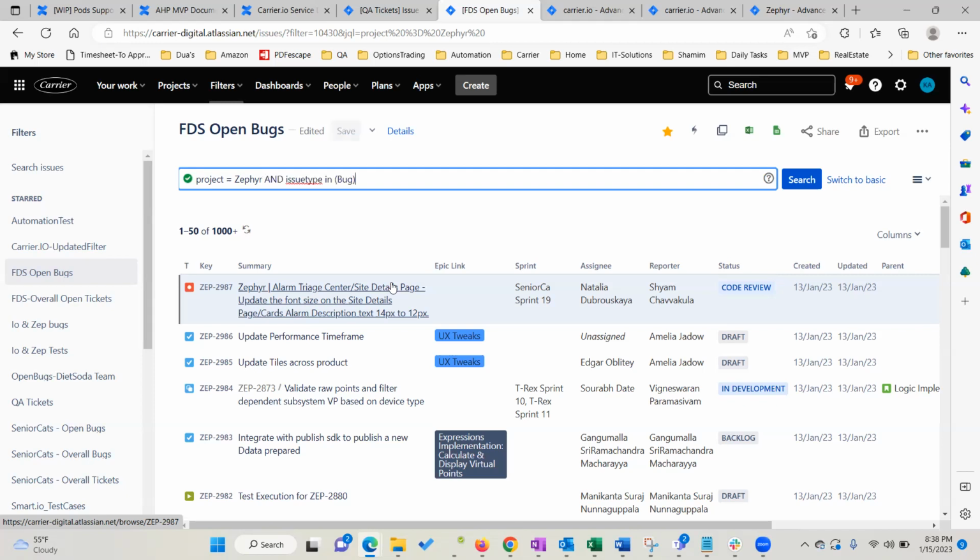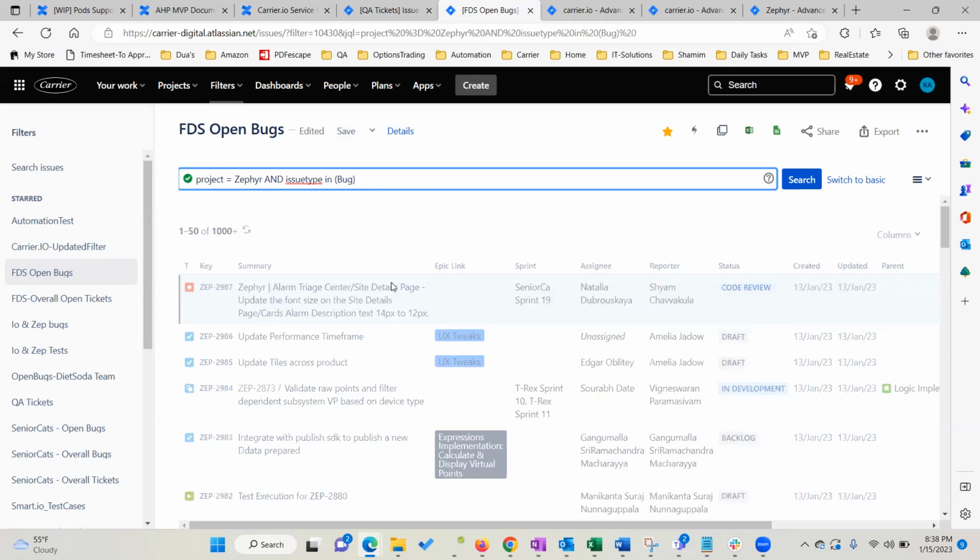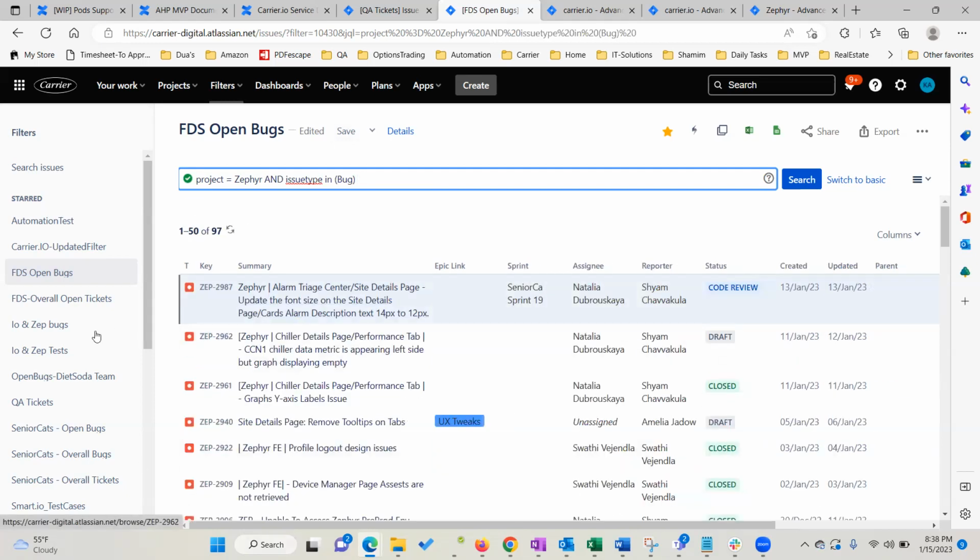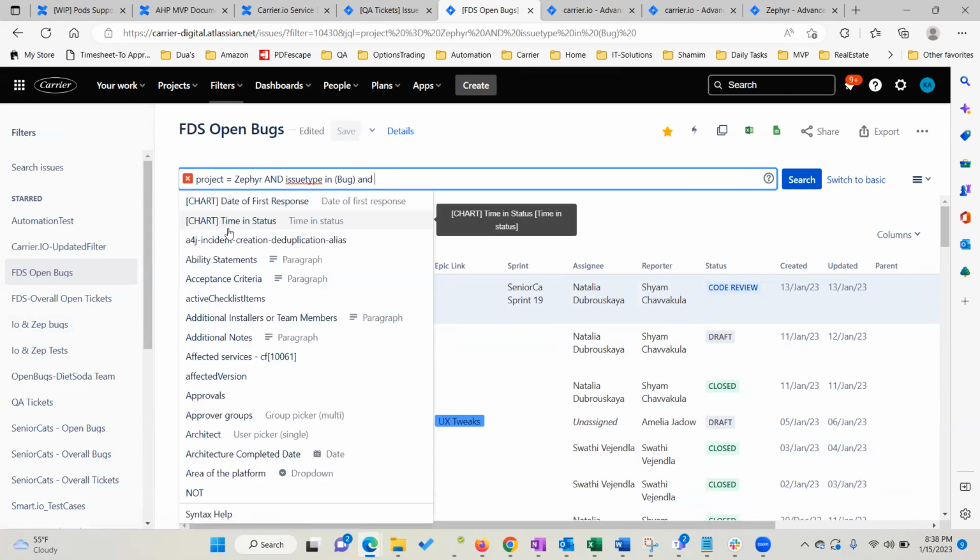So now let's not do this. Let's go into this. I'm looking for only bug tickets. Now this is returning all the bugs in every single status assigned to every single individual. Now I don't want that. I want all the bugs, but I don't need closed tickets. I just need open tickets, so I can work on them. Bug and